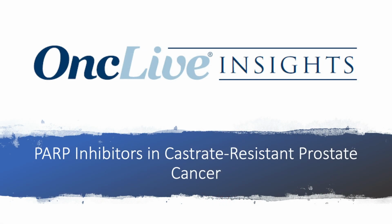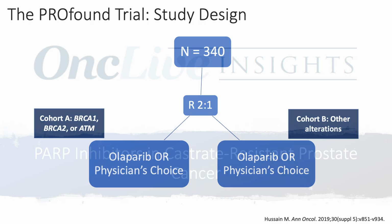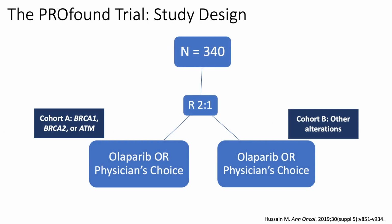We've talked about PARP inhibition. Where do you see this, and what's the basis for our use of these PARP inhibitors in prostate cancer? So there have been a number of exciting trials that have recently released data for the use of PARP inhibitors in castrate-resistant disease. The PROfound trial took those patients with DNA repair mutations, stratified them based upon BRCA versus other